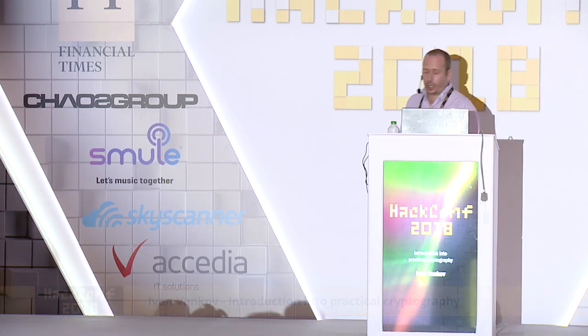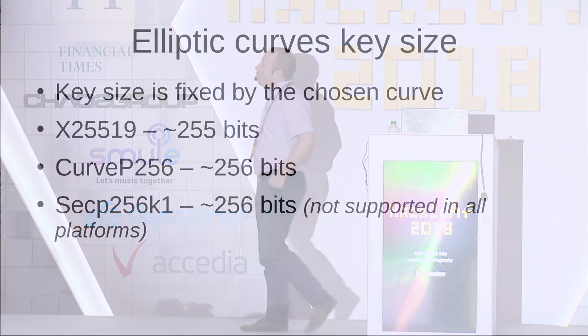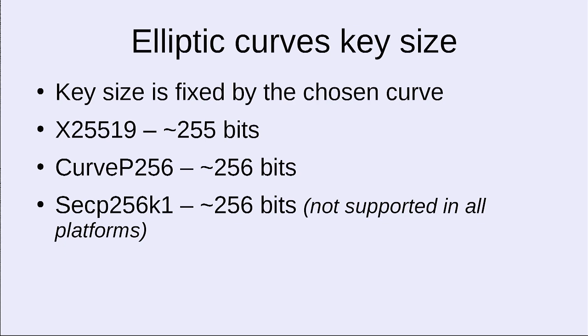So about elliptic curves. In general, with elliptic curves, you don't choose the key size. You choose the elliptic curve itself. And there are infinitely many elliptic curves, and most of them are pretty terrible for encryption and decryption. But there are some special ones, and they have special names, like